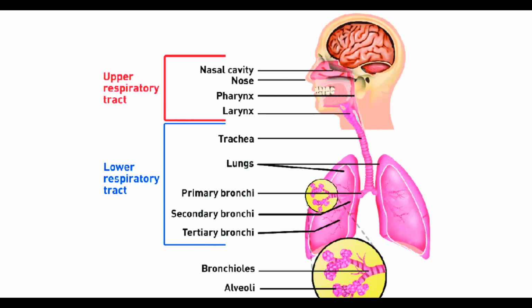Good. Well, now you're going to learn what happens to the air when you breathe it in. Now, before we go into all of that, let us take a quick look at the different parts of the respiratory system. Now, respiratory is spelled, you can spell it with me,